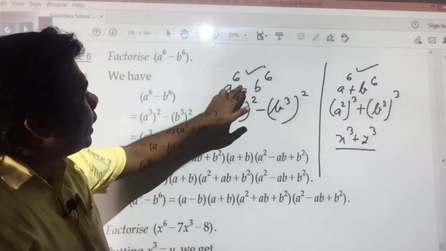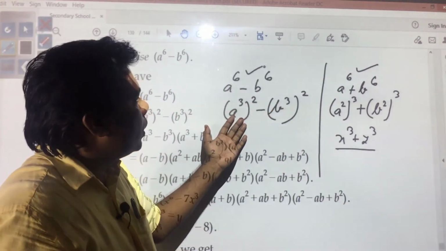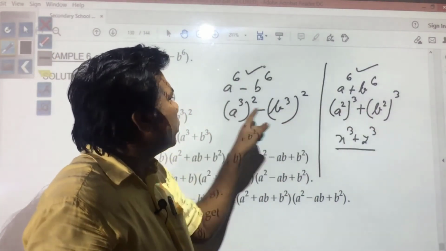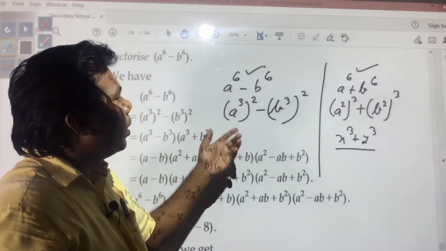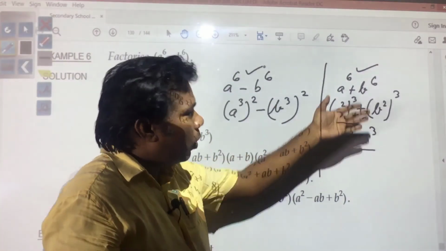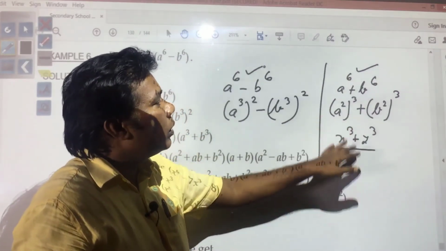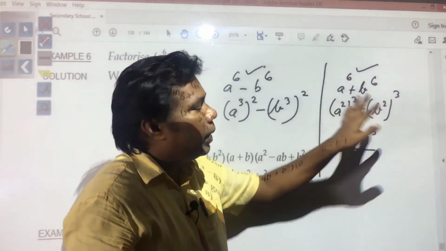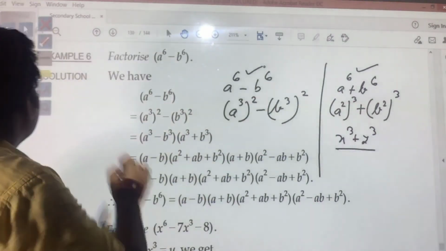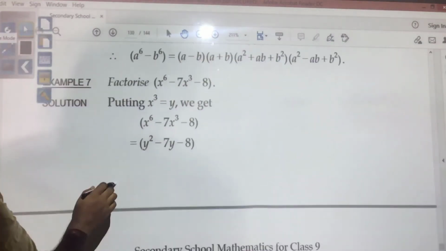Here, if the minus sign is there, both can be used. Even this formula could have been used, because we know the formula for x³ − y³. But we do not know the formula for x² + y², or in this factorization we cannot use it, and that is why these things are required to be done.